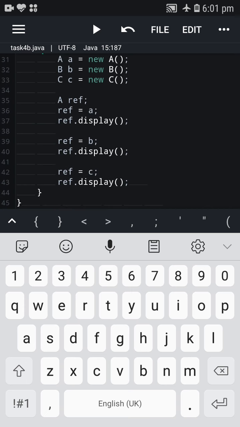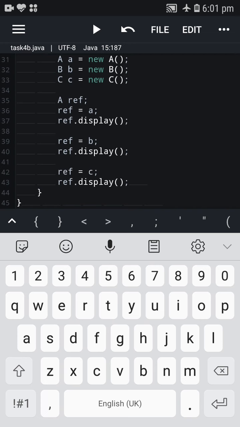When you assign the object of class B to the reference variable of type class A, remember that it is not the type of the reference variable which is important, but the type of the object which you have assigned to it.